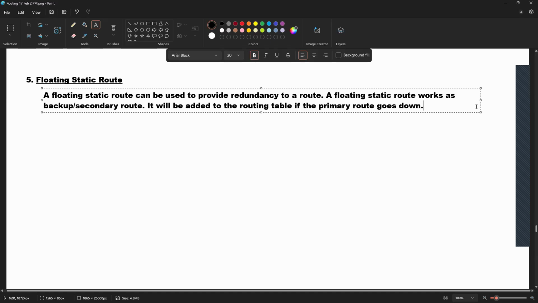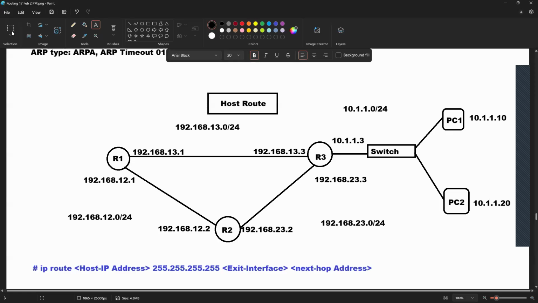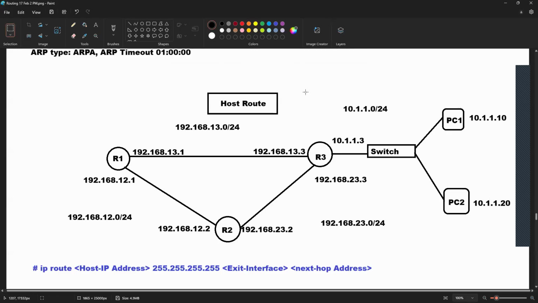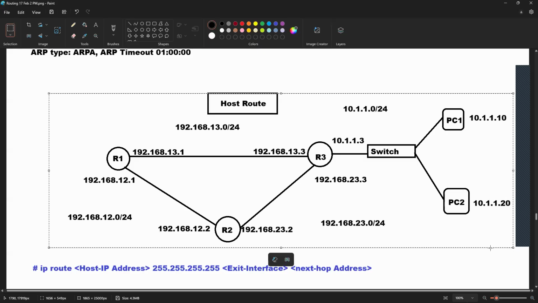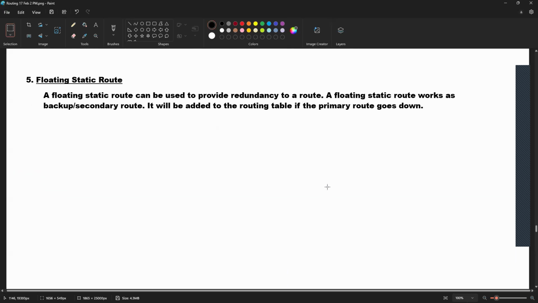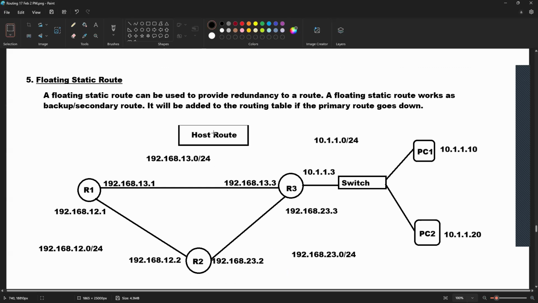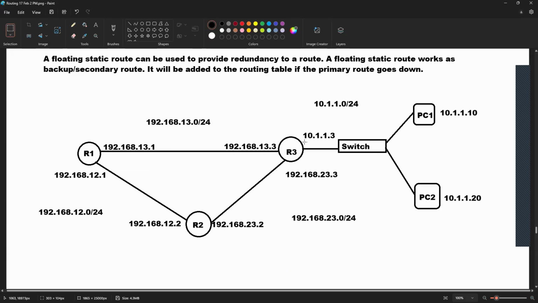So here also we can consider the same scenario. If I take this same scenario, so if I consider this scenario here,